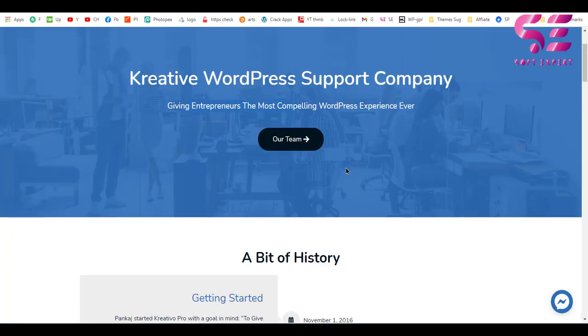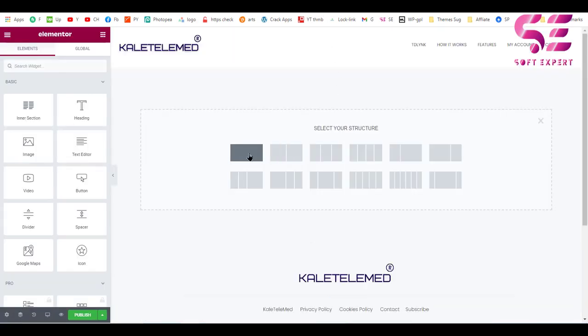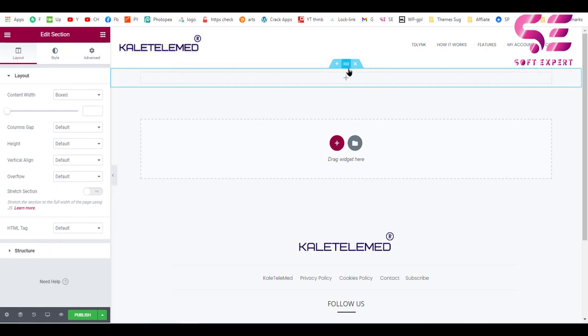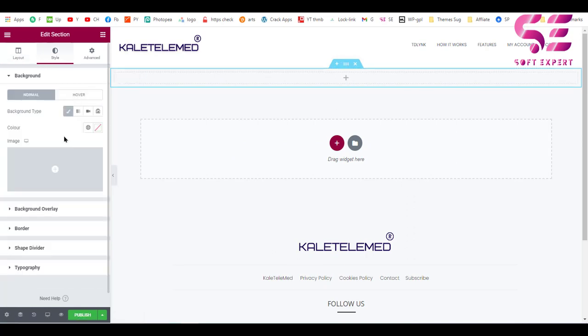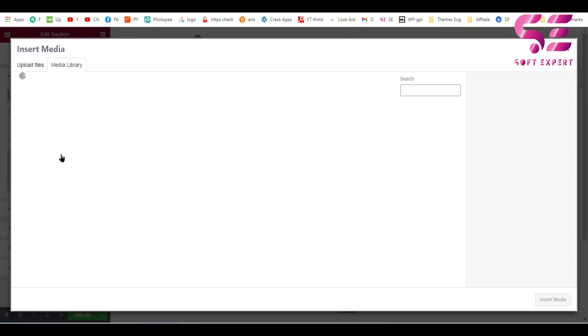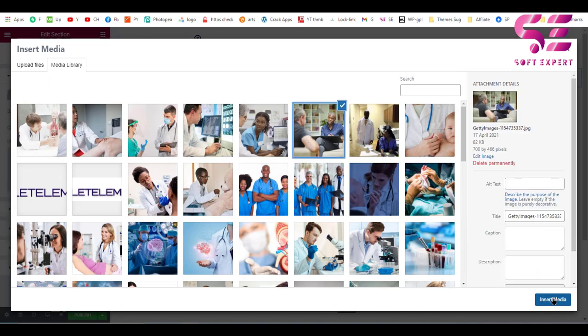So as we are creating this page, as you can see, the first section is very simple, we just need to add a section and a heading and subheading, then a button. So let's create this very quickly. I'll make this full width. We'll give this a background image, for example, this one.